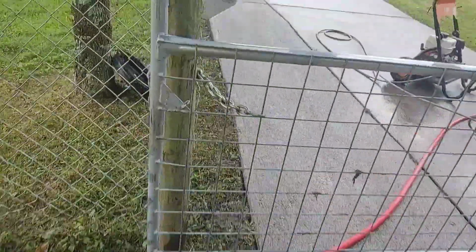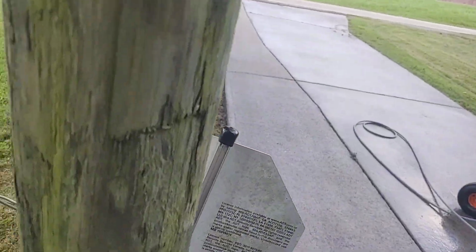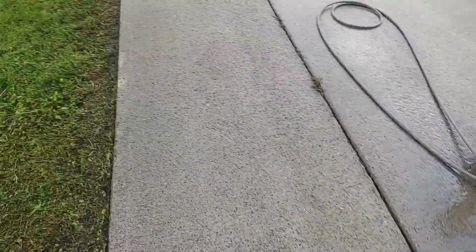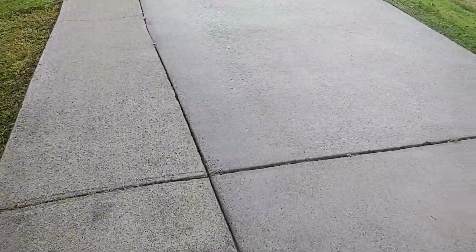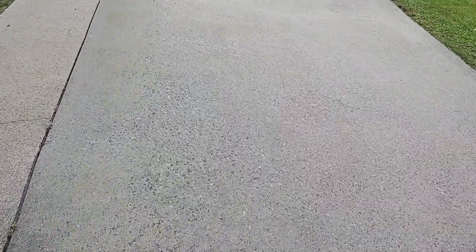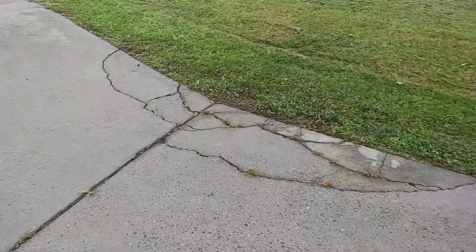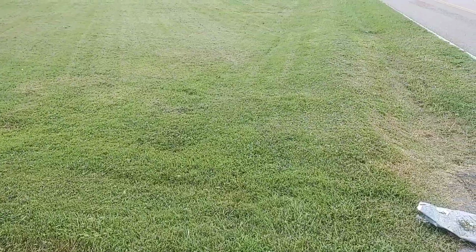Oh, and I'm on my second tank of gas. Now, if you look out here at the difference, and I know the sun's not really out too much, but as you can see, it's done a really good job. And it took me about 2 hours and 15 minutes, give or take. So, I'm going to leave you with some stripes I mowed,